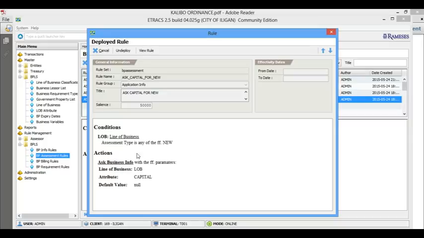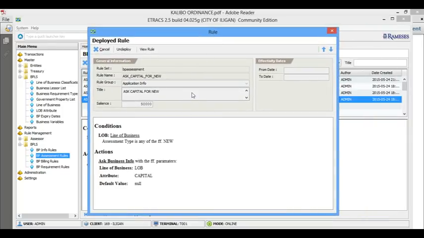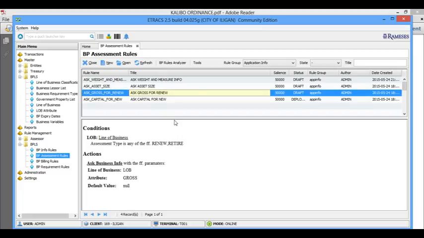Okay, that's good. The condition here is line of business. If there's any line of business and the assessment type is new, then you will ask capital for each line of business. So just follow this rule to ask for the line of business. Now that's deployed, and then we'll ask gross for renew.